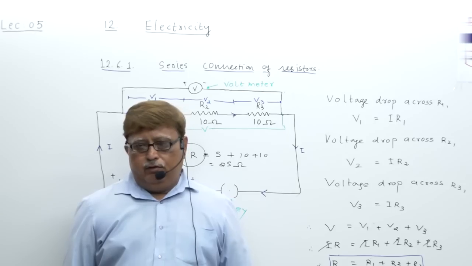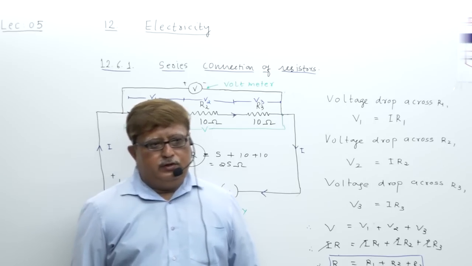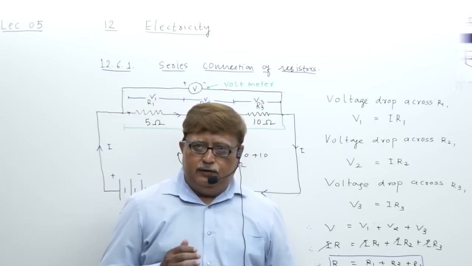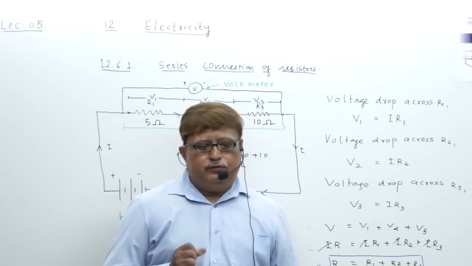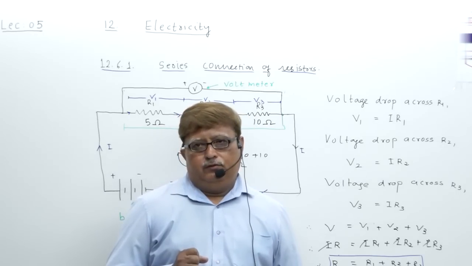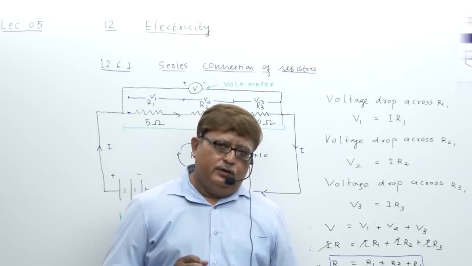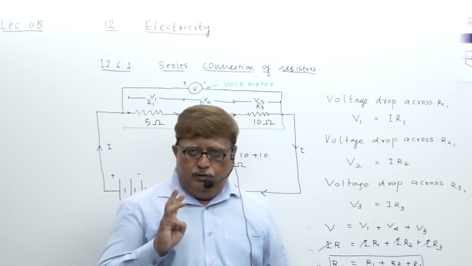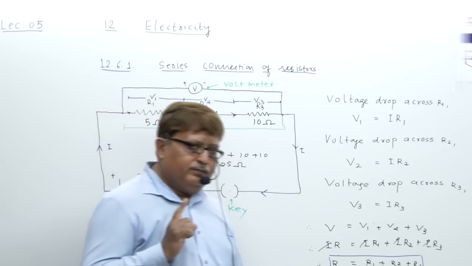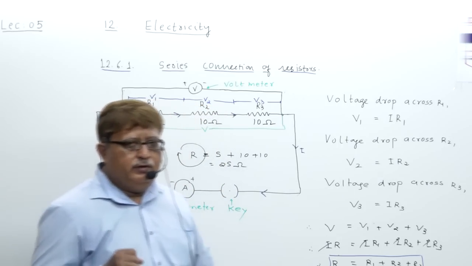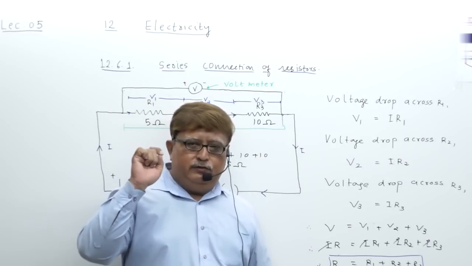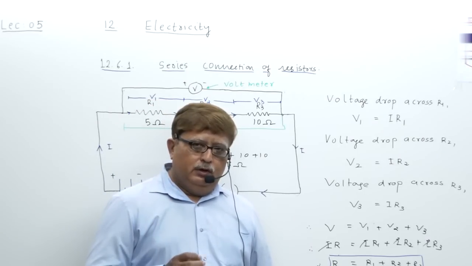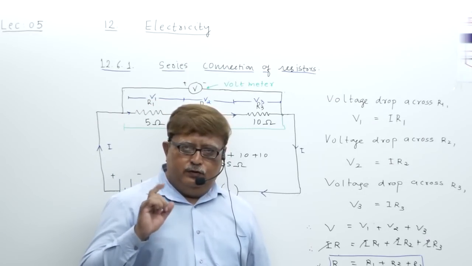You know the short note of series connection, but if you are asked to write properties of series connection, how can you write it? So my dear student, remember 3 properties. First, you have to write this in the exam. 3 characteristic properties of series connection are: